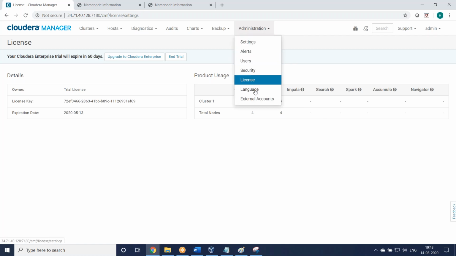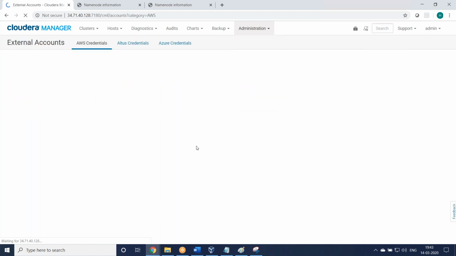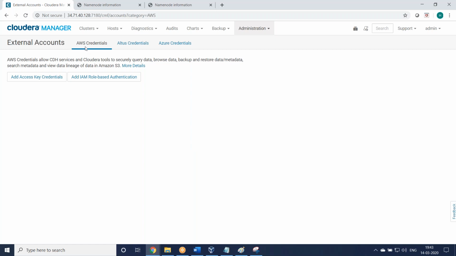Similarly, other options, language settings. If you want to save in different languages, English, Dutch, different countries, based on that you can find it. Then finally, external accounts. What are external accounts? Azure, AWS, cloud.